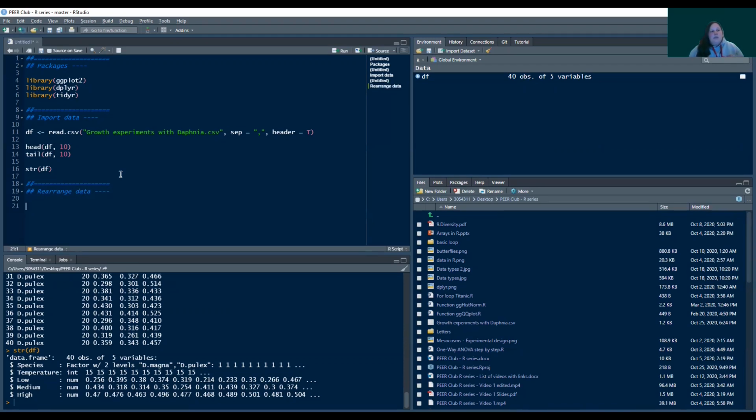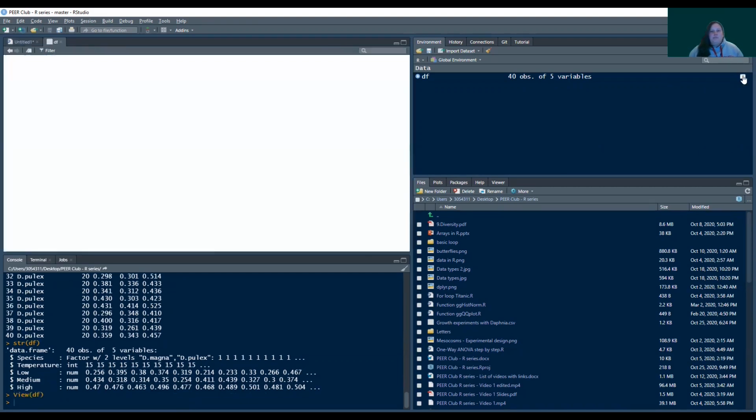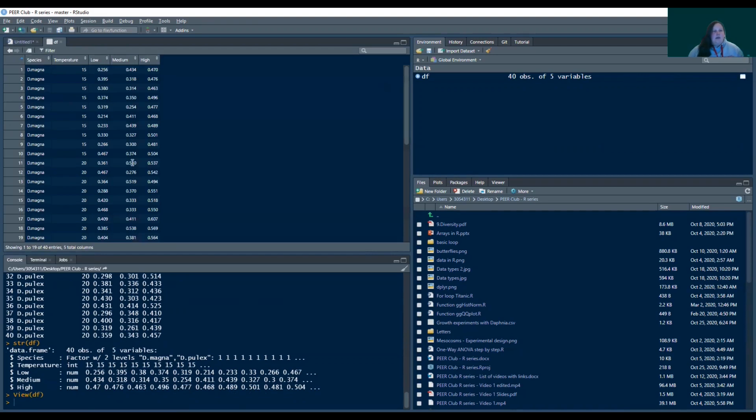And what I'm going to be using here is a function from tidyr, which is called gather. Just to explain how this works, your data set currently, as we saw, looks like this. We have 1 column that is representing the species, 1 column for temperature, but then we have 3 columns for the growth rate. What I want to have, however, is just 1 single column with all the values for the growth rate, and then 1 single column for the food quality that is going to be a categorical variable having the levels